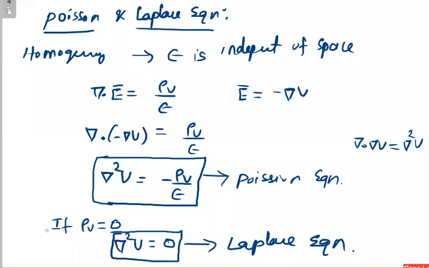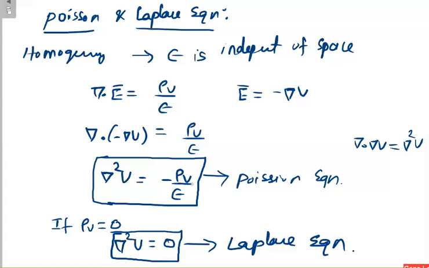Mostly you will get confusion between whether 0 is for Poisson or rho V by epsilon is for Laplace, but I will give you a very simple idea. Laplace is related with what is in our max, so there you simply put 0. Poisson is something new, related with electronics, so there you put a realistic answer, rho V by epsilon. This is a simple idea to remember.